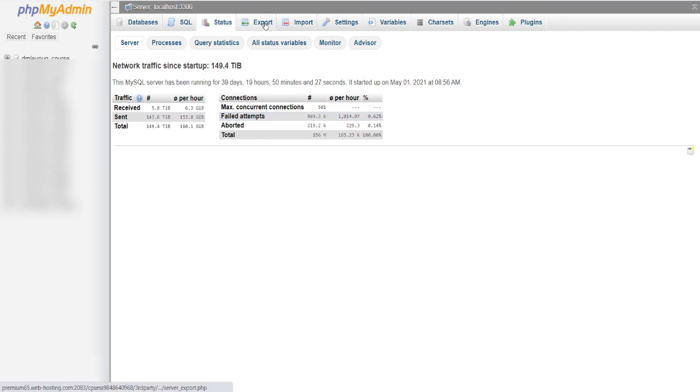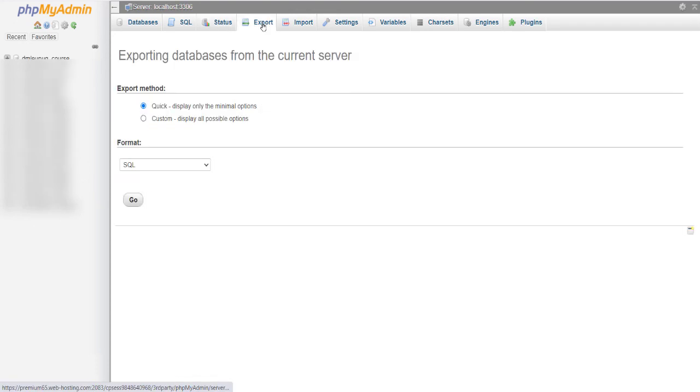And if you want to export your database, you just click export, nothing you need to change, just click go, and it will save to my computer. You can see on my computer it's going to save. And once done, I'll get the message that your database has been successfully downloaded.